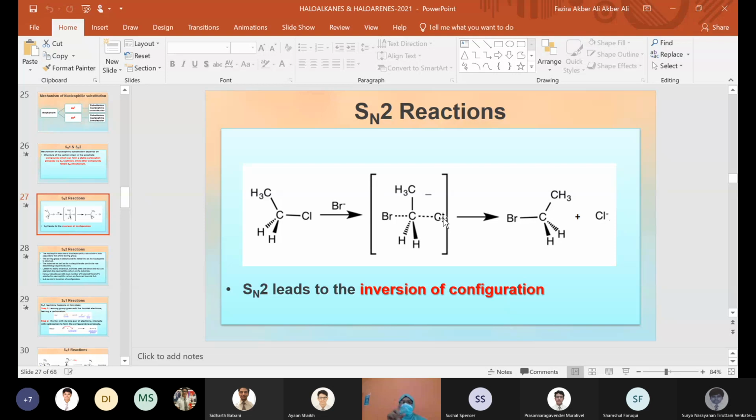The nucleophile attacks from the rear side of the compound, opposite the leaving group. Whichever is the leaving group, the incoming group attacks from the opposite side. As a result, you get an intermediate compound, which finally gives you the product. So this is what happens in SN2 reaction. Is it only applicable for halides? Because we are learning about haloalkanes, it's only a reaction of haloalkanes.